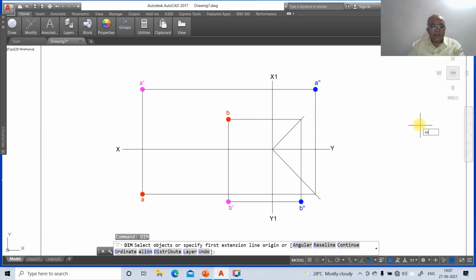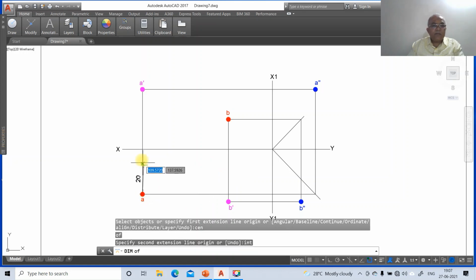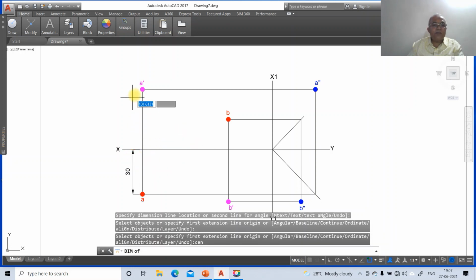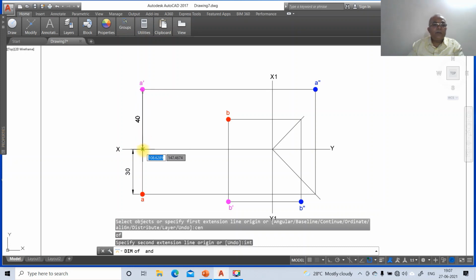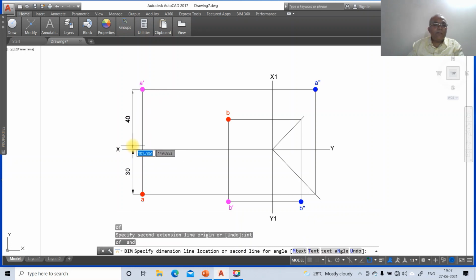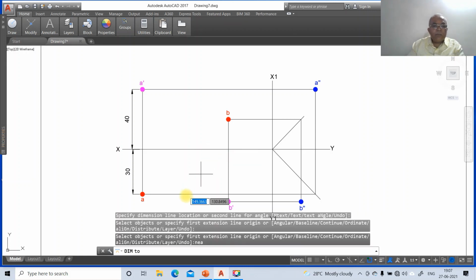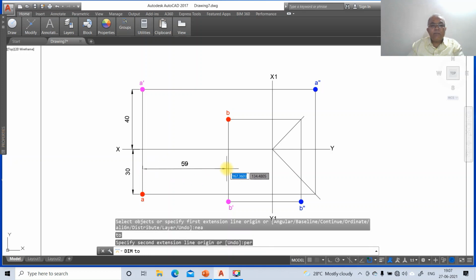Then we need to do the dimensioning. So dim, take center of this and INT of this. So we're going to get the 30 mm. Again you take center of this and you take intersection point of this. So you're going to get 40. Then go to nearest on this and take perpendicular to this.